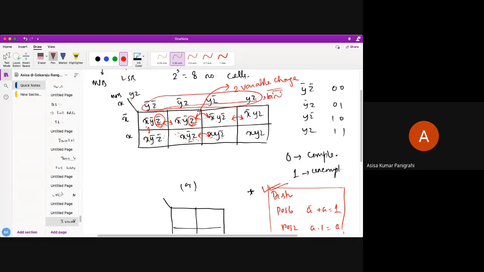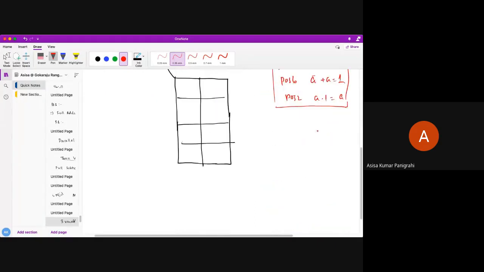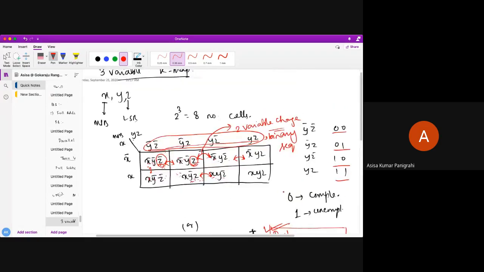That is the reason. What we have observed here is that the sequence we have considered is actually a binary sequence. What is the binary sequence? 0 0, 0 1, 1 0, 1 1. So my binary sequence is 0 0, after that 0 1 will come, then 1 0 will come, then 1 1 will come. But remember, always a K map should be arranged in the form of gray code sequencing.